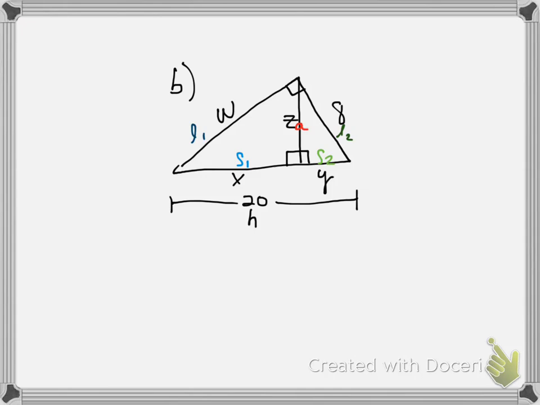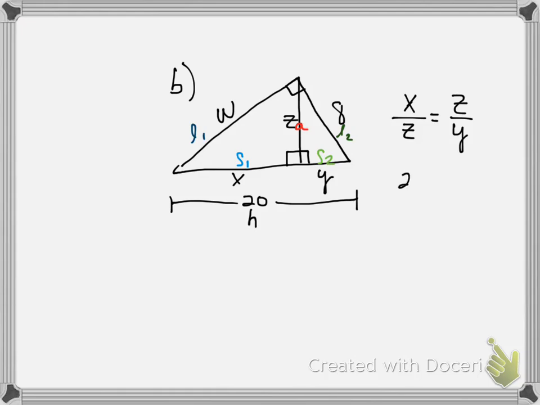And setting ours up again with those little corollaries that we know now. So if we take side 1 and put it over the altitude, which is z, it's going to equal z over side 2. So there's absolutely nothing we can solve there. We don't know x and we don't know y and we don't know z. So we'll just move along and we'll come back to that when we know parts of it that we can